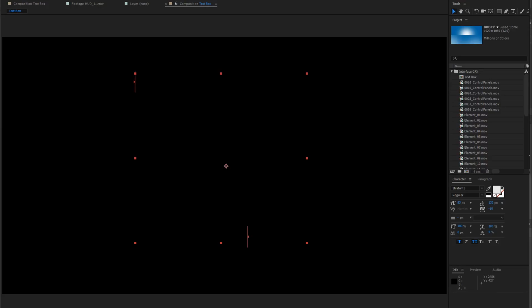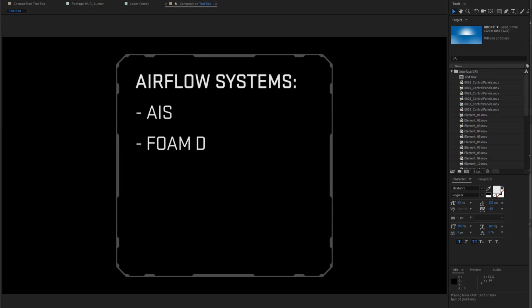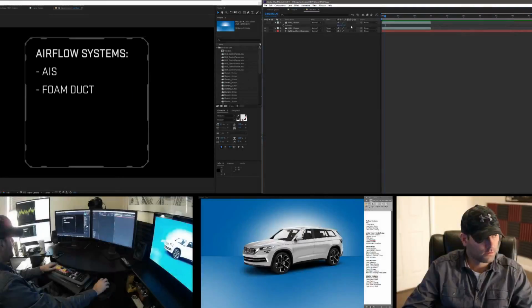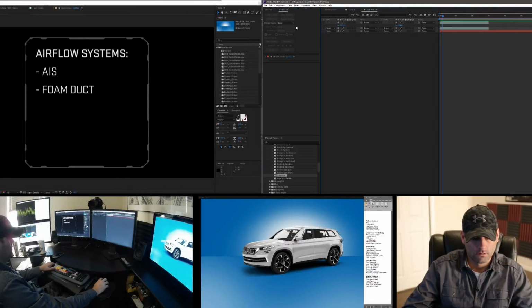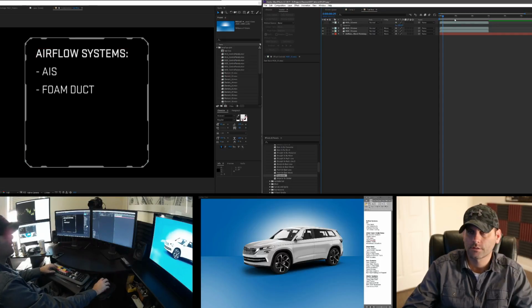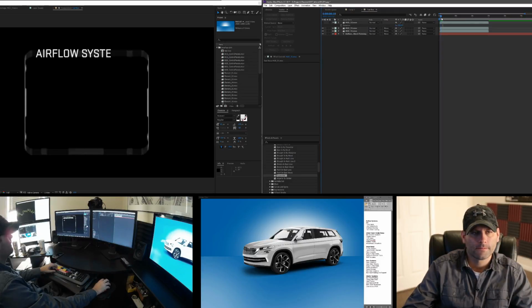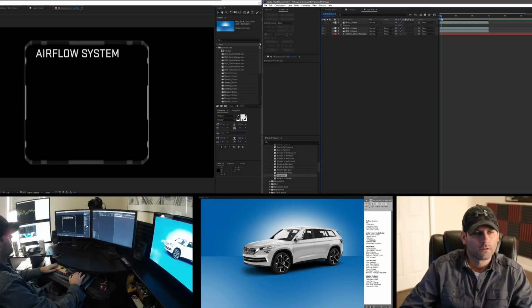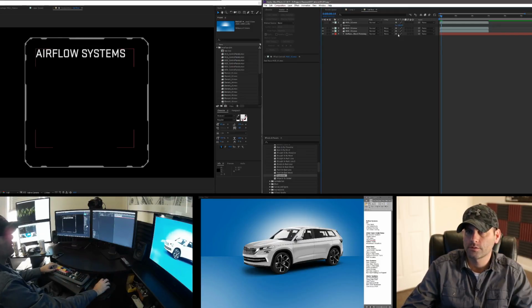Alright, so it's hard to see. I'm going to double this up so it's brighter, maybe. If I duplicate this, Control D, I can make it brighter so I can see it a little bit better. And then, so this animates in,